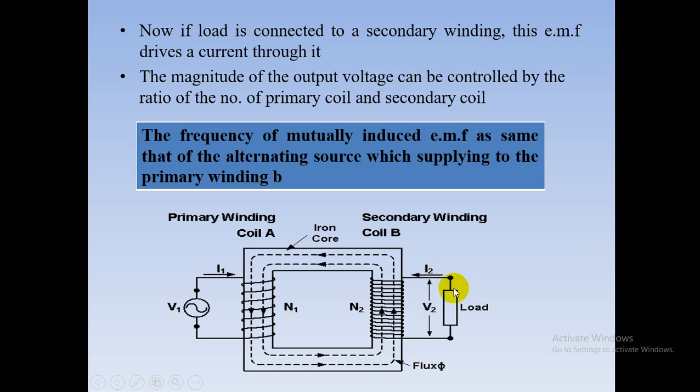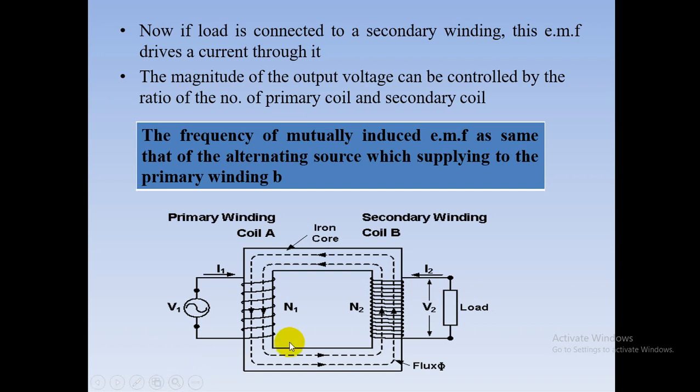this secondary circuit is closed through some load, which helps create a closed path for current to flow in the secondary winding. Now this secondary winding carries the current. Then, as we know, every current carrying conductor has its own flux. So apart from the flux produced by the primary winding due to I1, some other flux is now going to be produced by the secondary winding because of the I2 current flowing.